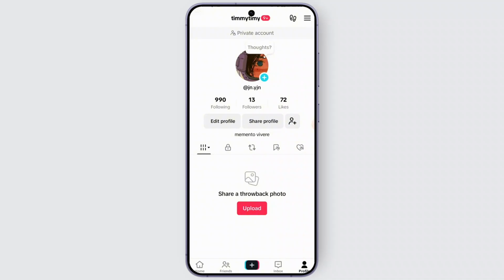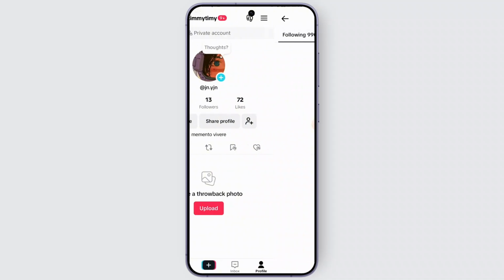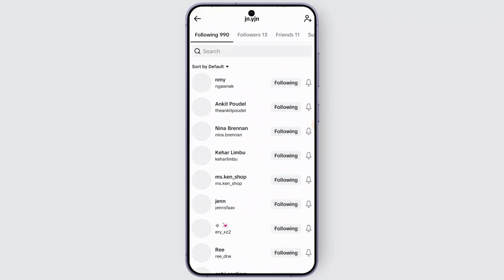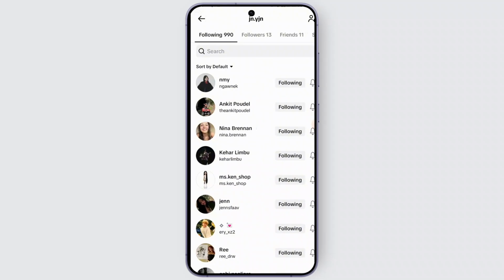So if I want to unfollow each and every one, we just need to click on the following section, but unfortunately, we don't have that option available right now where we can unfollow each and every following at once. So instead of that, what you can do is simply manually select each person, tap on this following section and unfollow that person. That's the only way we have right now in TikTok to unfollow someone, and that's the only way you can